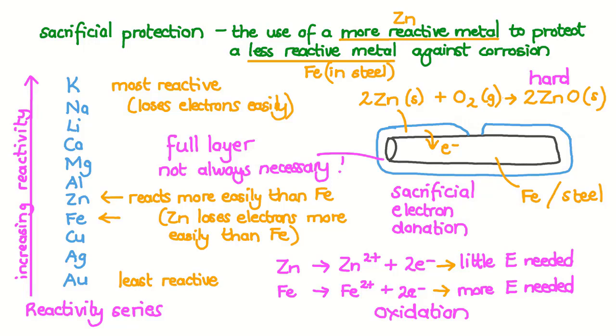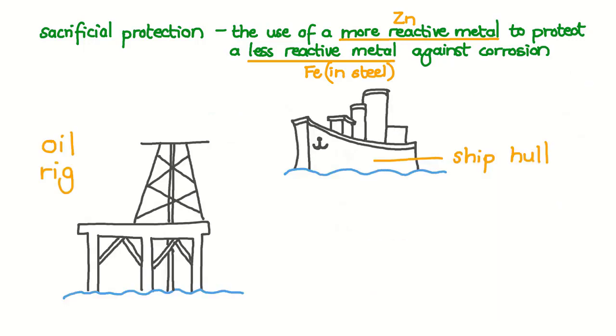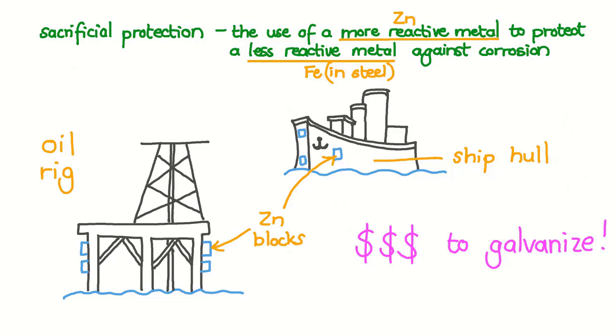What is interesting and beneficial about sacrificial protection is that a full coating of zinc is not always necessary to protect the underlying steel. Very large steel structures, such as oil rigs and ship hulls, would be extremely costly and inconvenient to try to galvanize with zinc. So instead, small blocks or bars of zinc are attached to the steel. The action of sacrificial protection from the zinc still works, even though the zinc does not cover the entire surface